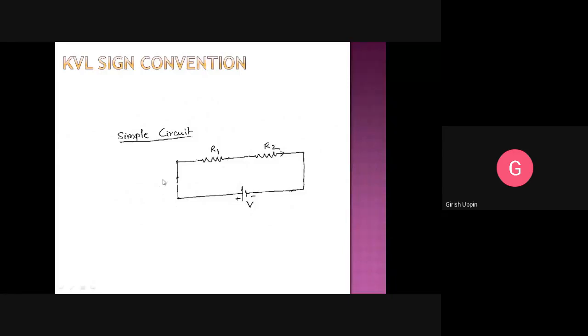So this is one closed electrical circuit or a mesh or a loop. We are taking a very simple circuit. This particular circuit is very simple. We can analyze it using Ohm's law itself. But for our understanding purpose, we will first apply the KVL on this, and then it will be very easy to apply on other circuits. Here we have resistors R1, R2 connected in series across the voltage source V. So we will apply KVL and KCL to this particular circuit.